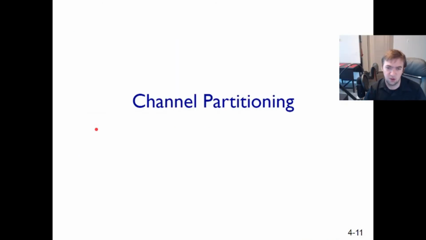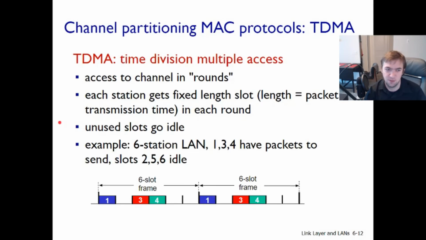Let's start by taking a look at channel partitioning. So the idea with channel partitioning is that we give divided access to different nodes with regards to the channel. So first off, let's start with one way to do this, which is through time division. So each of the different stations gets its own fixed length slot. So this is how much time you're allowed to send stuff in each round. So let's say that we have 6 slots here. This is a LAN where there's 6 different places that packets can be sending from, and 2, 5, and 6